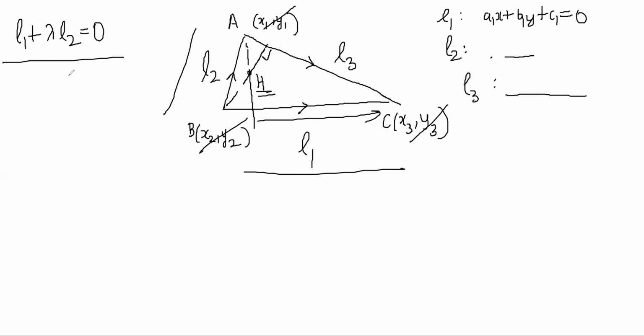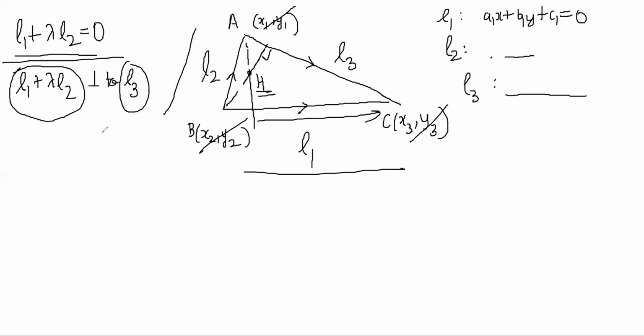But that specific altitude line has to be perpendicular to L3. So slope of this line multiplied by slope of L3 should be -1. You understand? So earlier, we got the slope of L1 plus lambda L2 is minus (a1 plus lambda a2) by